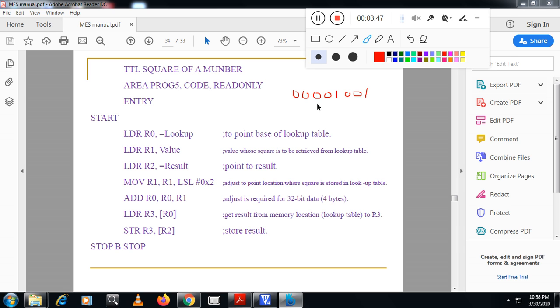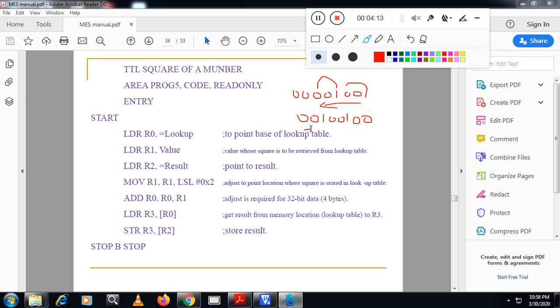That means I am moving this entire number to the left by 2 bits. That time this will get shifted by 2 bits, and this becomes 1 0 0 1 0 0, and from the left side 0 moves in.